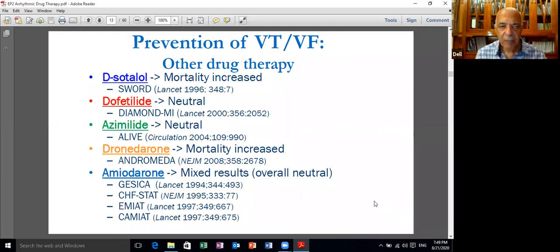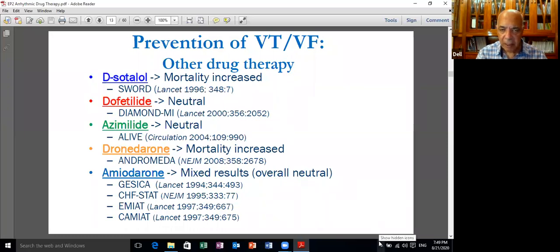Following that, we have the SWORD study, which tested d-sotalol, also increased mortality. The DIAMOND study, which tested dofetilide, the result was neutral. The ALIVE trial, which tested azimilide, the result was neutral. The ANDROMEDA trial, which tested dronedarone, mortality was increased, and then we get at least 5 trials for amiodarone, and